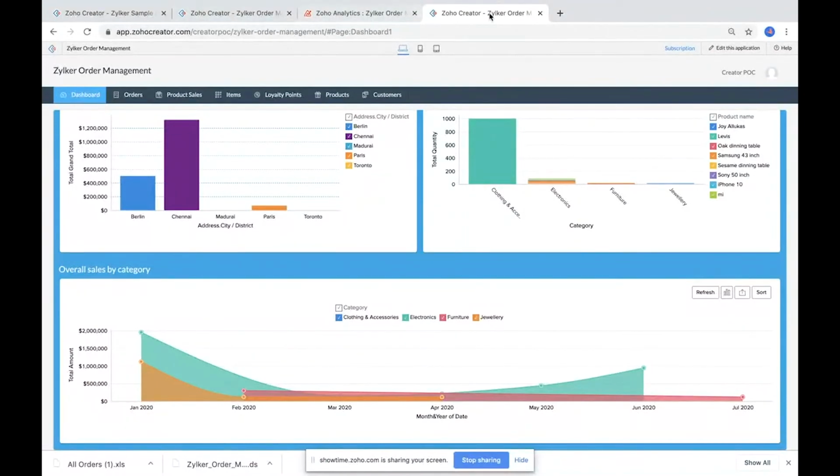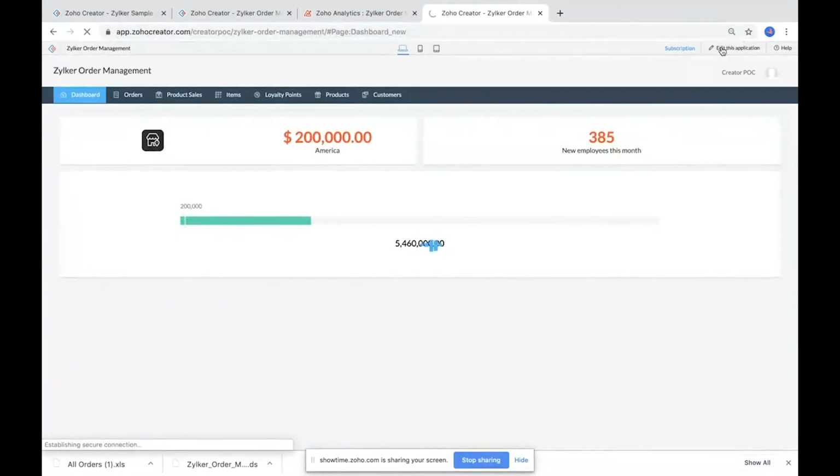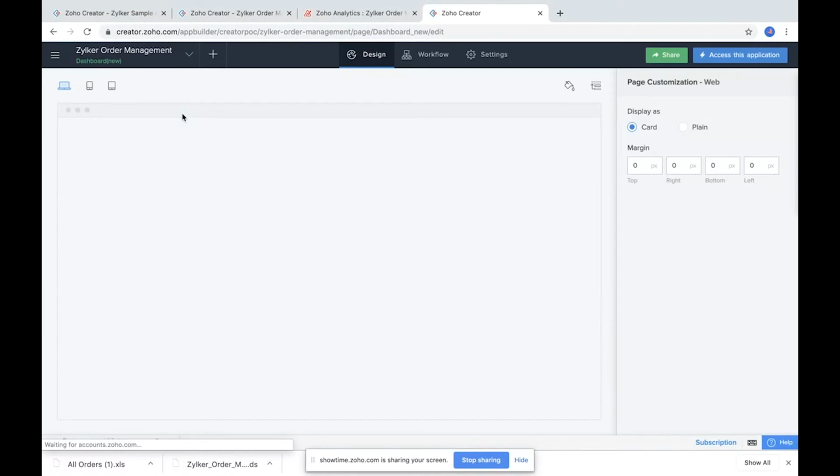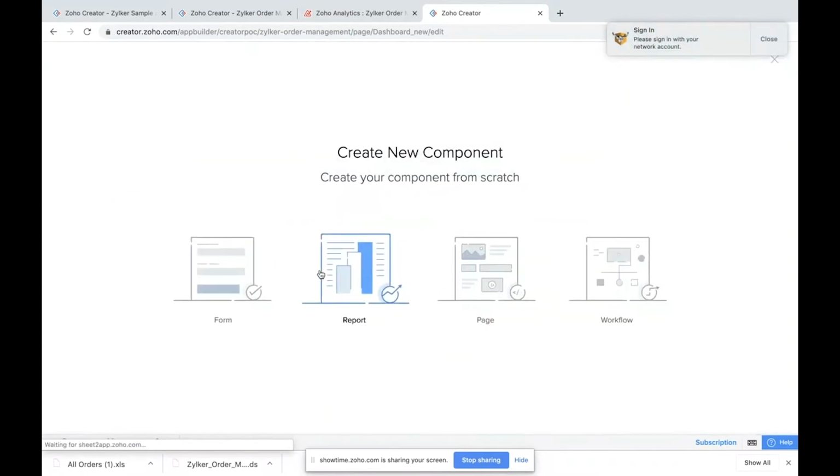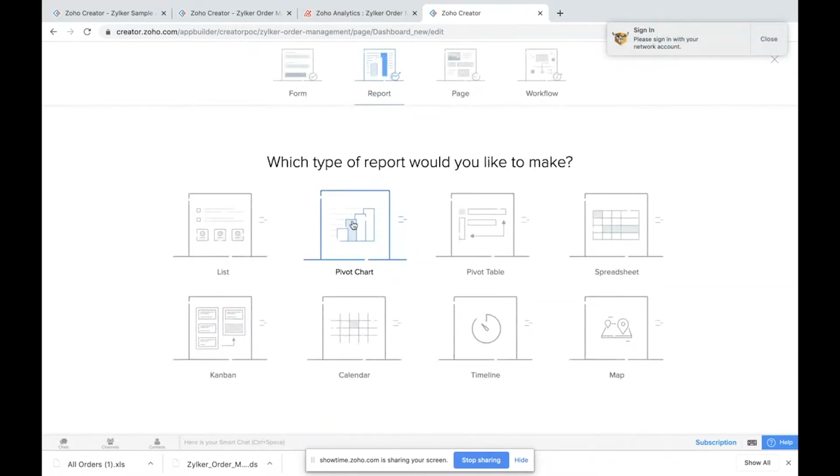Let me quickly get into the edit mode of the application. Let me click on dashboard new and click on edit this application at the top right corner. Okay, I'm going to create it using the exclusive pivot chart. For that, let me click on the plus icon at the top from the menu, then choose the report, then the